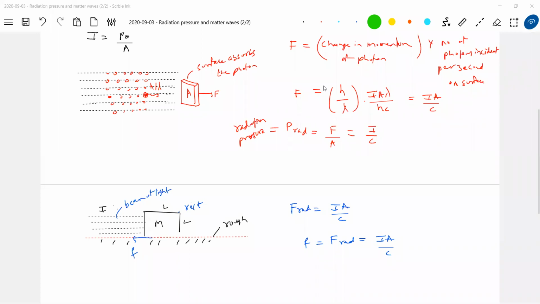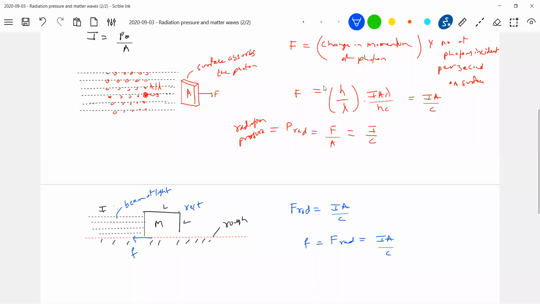I'm just giving some hypothetical problems. If you take a high intensity beam, then you can move that block here. You can see in the movies, without contact, they will push things. From where do they push? In some Western movies you might have seen this. How are they able to push? Because of radiation pressure. So they will produce such a high intensity. Yes, maybe they have mystic powers.